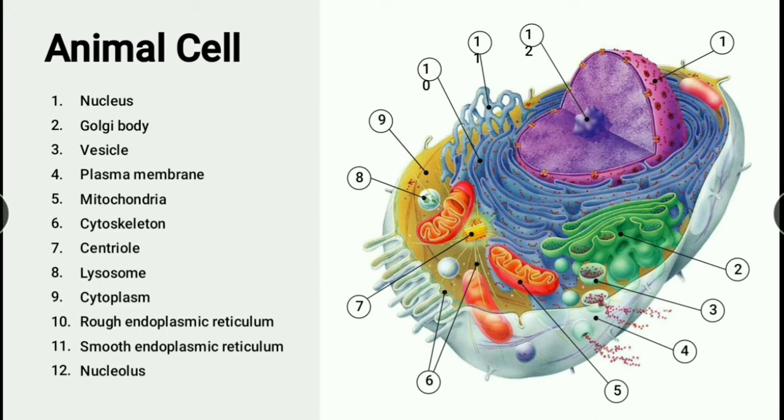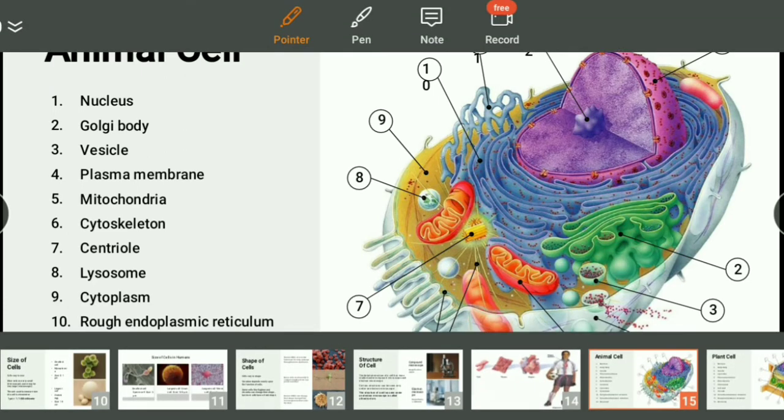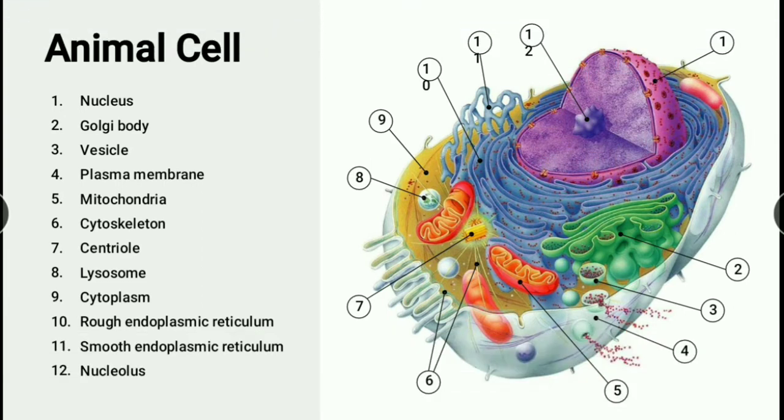And this is called Golgi bodies. It is something like tube-like and round. It is called Golgi bodies. It will be synthesizing some chemicals and all. And this is the nucleus. The nucleus is called the boss or head of the cell, because the nucleus will be having every information about the cell, and it will be controlling the cell. So what the nucleus says, that will be heard by the other parts of the cell.